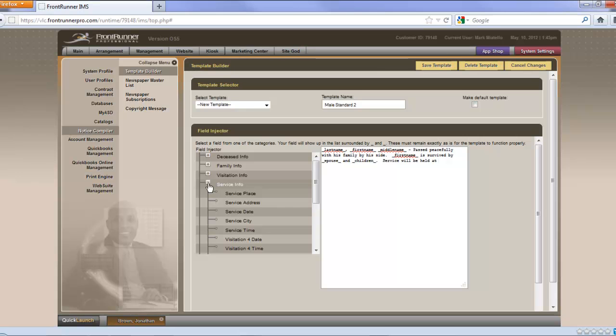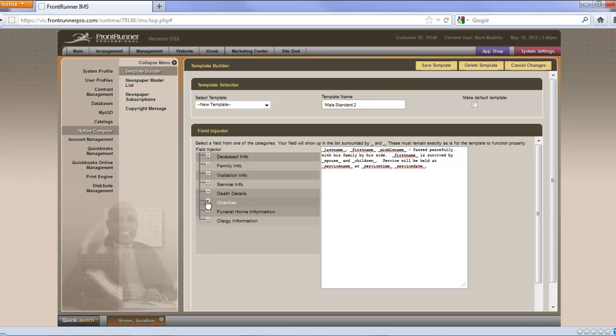We'll go to the service information. We want the service place because we've put in service will be held at. Click service place. We've got the service time and the service date. And we'll also put in